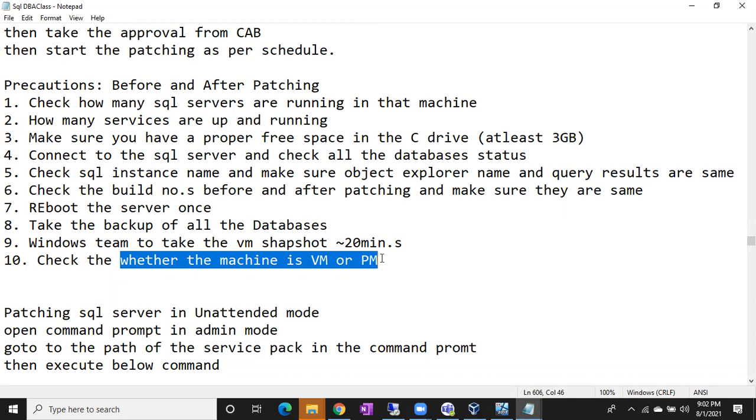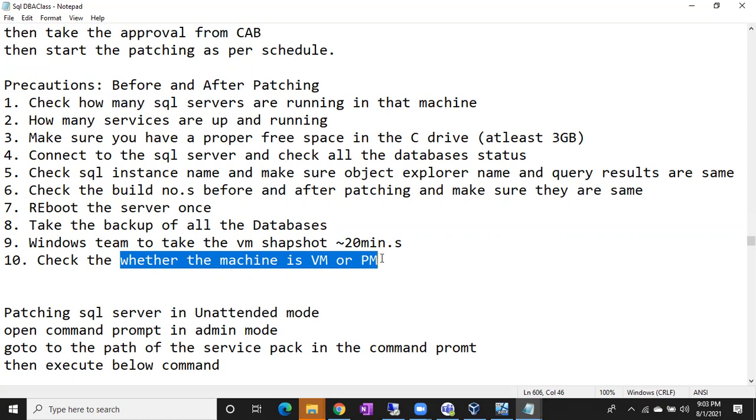Imagine there is a physical machine, an old machine. SQL Server 2005 is running on Windows Server 2003, which is an old machine. It's a physical machine. The server is in the UK or US. As a precautionary method, you restarted the server before patching. You are waiting 1 minute, the server is not coming online. 2 minutes over, not coming online. 5 minutes over, not coming online. 10 minutes over, not coming online.